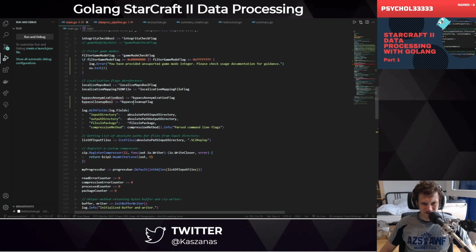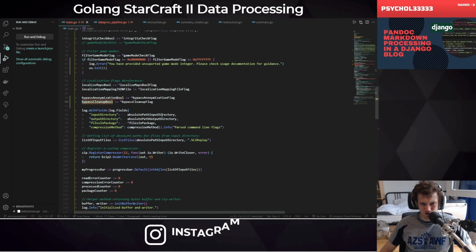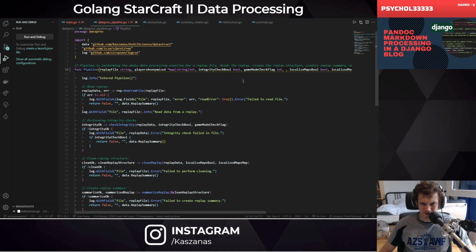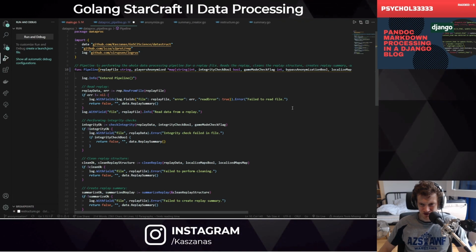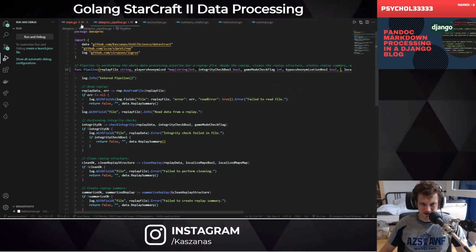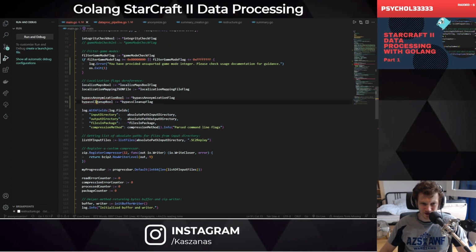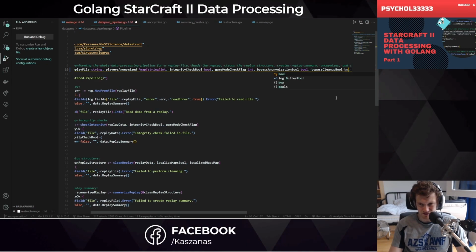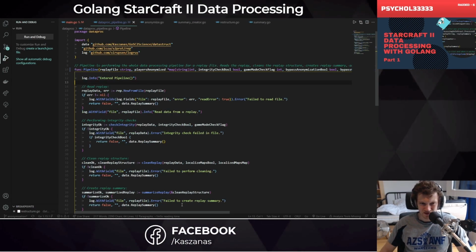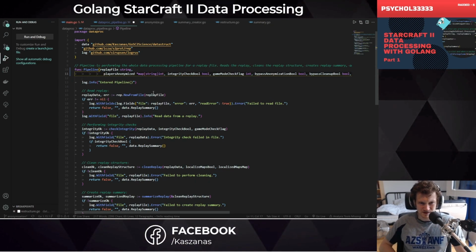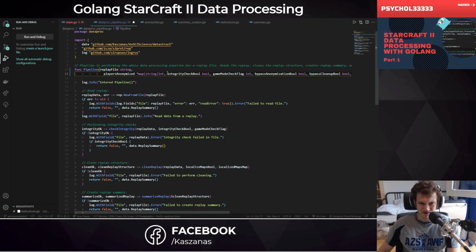add two booleans, which will be bypass anonymization and bypass cleanup. So let's just do that here. This is a bool, and we are going to add this as a boolean as well. And I believe that I should possibly